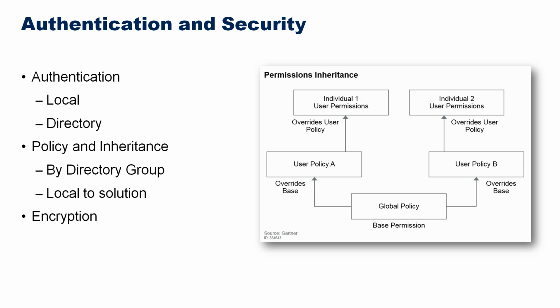So all these facilities need to be identified for the role and the role mapping and the rights to the features that exist with the conferencing product. And it also includes the policy and inheritance, which I just spoke about, and it should be local to the solution. For example, if I have the base permission which overrides policy A and policy B, and there will be individual user permissions also. So all these permissions need to be taken care of by the solution which is going to be provided by the vendor